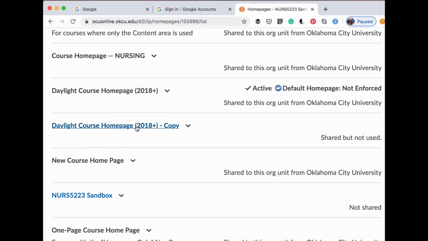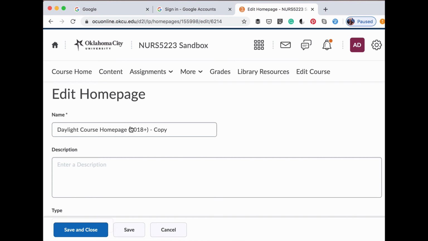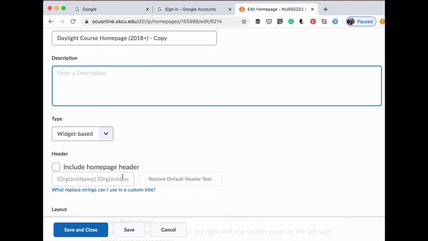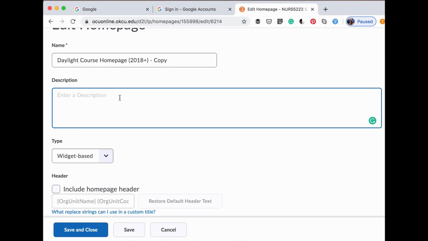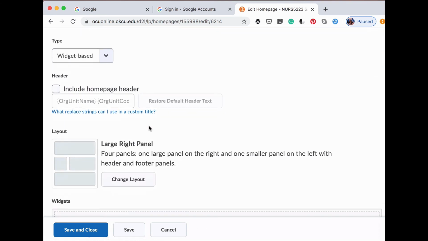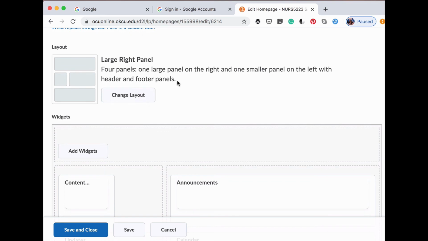And now notice this is blue and I can click on it and I can edit it. So I'm going to go into this copy of the default template, and here is where I'm going to add my widget. So again, the description is just for your reference only. Okay. And then there's a couple things you can tweak right away. So in this particular layout, the default layout is one that I'm going to keep, and it's the large right